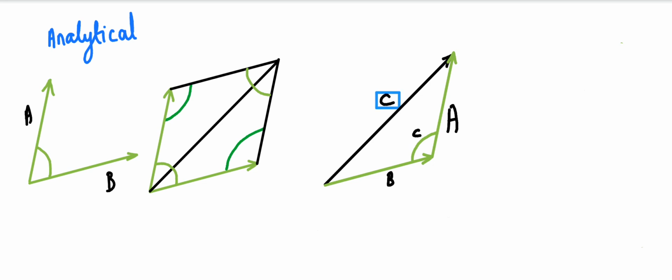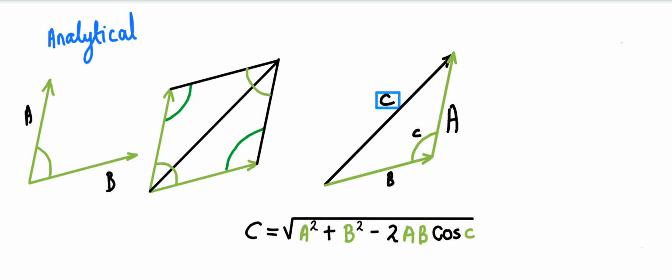So solving for C, there are two laws of triangle. You can see we have formed a triangle, so the laws which are applicable to a triangle can be used here. If I see this as a triangle, there are two sides A and B and an angle C known. If I want to find the length of the third side C, you can easily solve by this method.